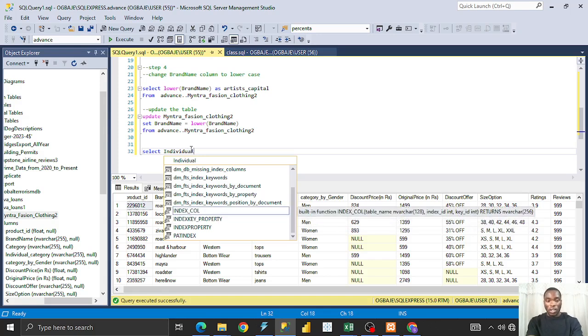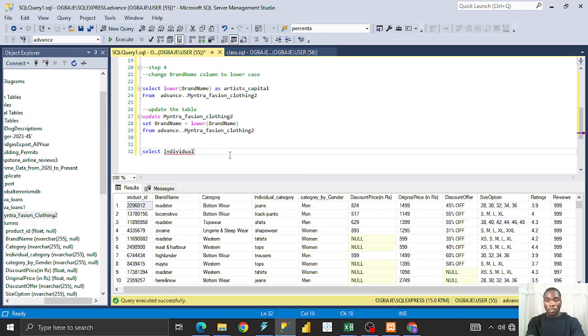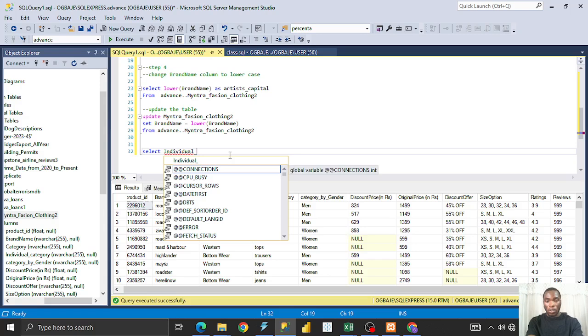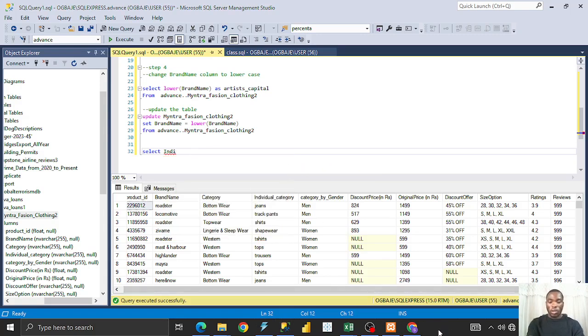Sorry, individual underscore category. Maybe the reason why it's like that is because, okay, let's get the right one. This is it. I think it's correct. Then let's copy. Please don't copy like me. Just make sure you type select so and so